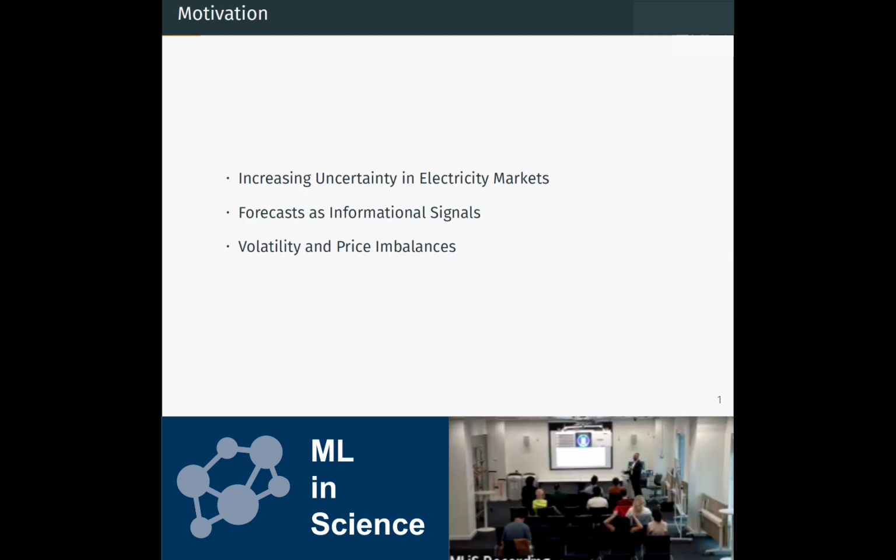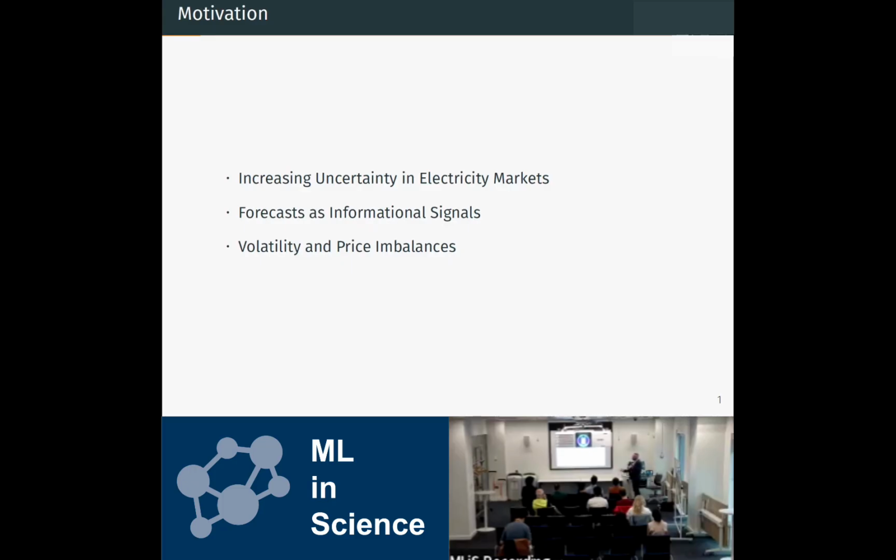There is a two-sided motivation. First of all, the financial motivation, for the market participants to adjust their positions better and make better use of the wind power. On the other hand, this will help the grid be more stable and more green. And of course, the most challenging thing is to model this volatility in the price